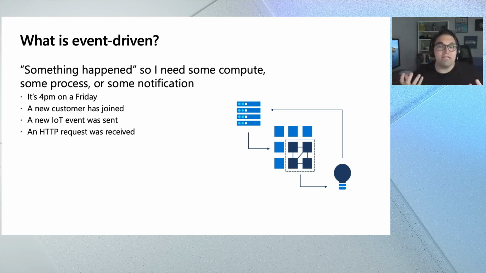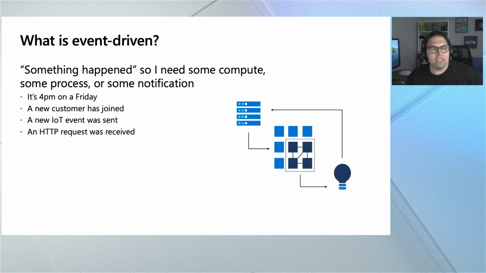When we think about event-driven apps, you're often thinking, okay, something happened. I want to be notified so that maybe I can run a little bit of code, or maybe that event means that I need to notify some people in a Microsoft Teams channel. Maybe it's actually going to start kicking off a bit of a process. Those events could be anything. This doesn't need to be restricted. You don't need to overcomplicate it.